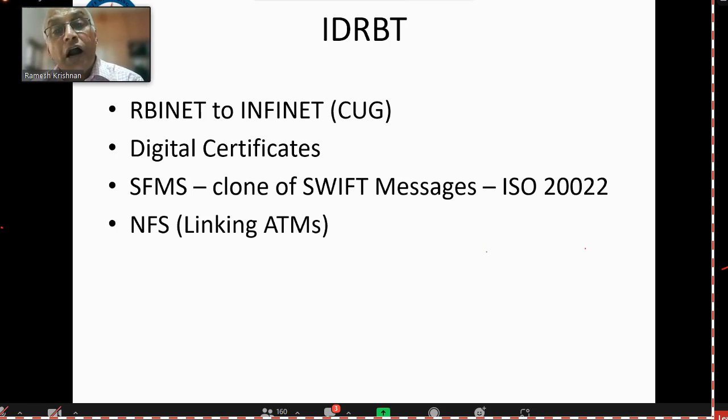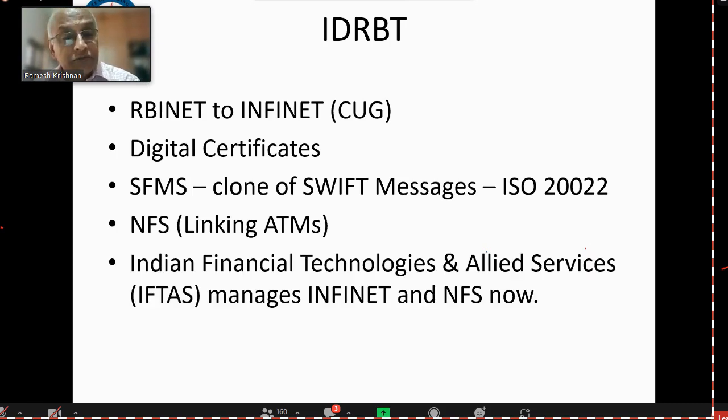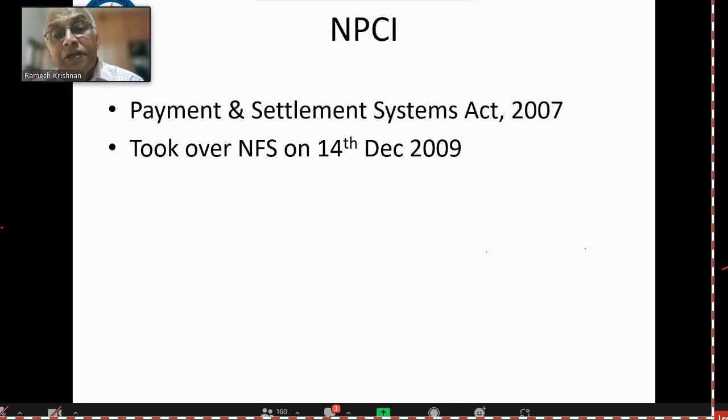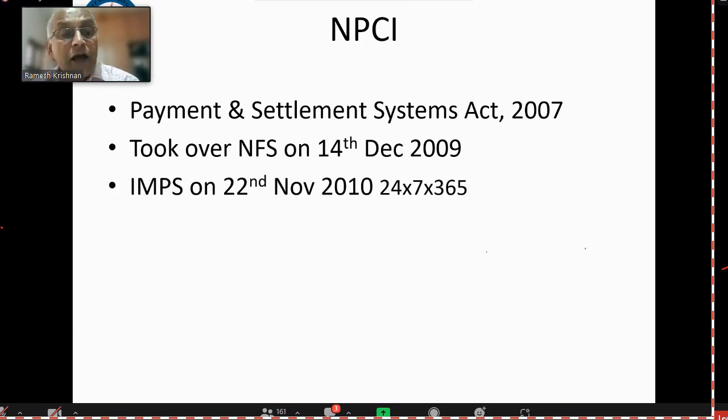So with an SBI card, you go into a UCO Bank or an Indian Bank or even a white label ATM and draw money. So, linking of ATMs. And then INFINET, which was earlier managed by IDRBT and handed over to IFTAS, who manage the INFINET and the NFS now. Now, yeah, Payment and Settlement Systems Act 2007. Therefore, this National Financial Switch was taken over by NPCI on 14th December 2009, and IMPS, immediate credit, is now